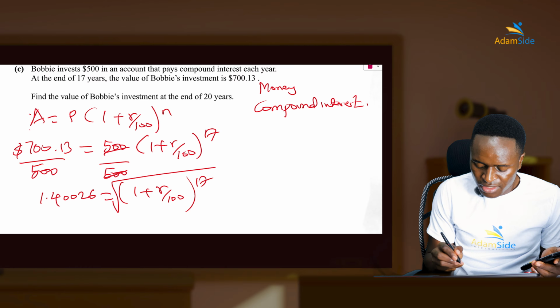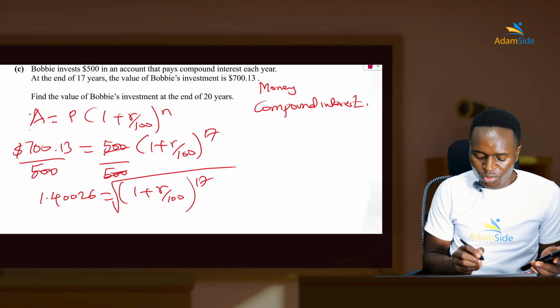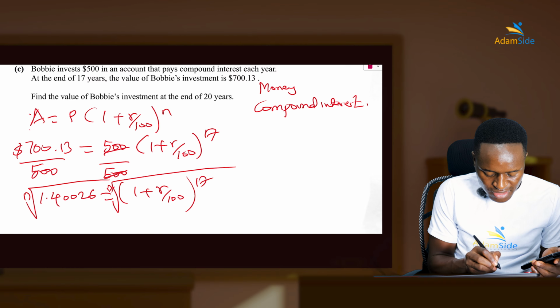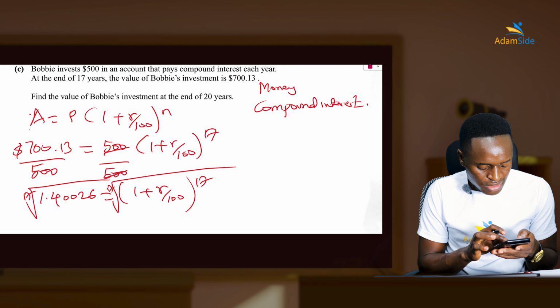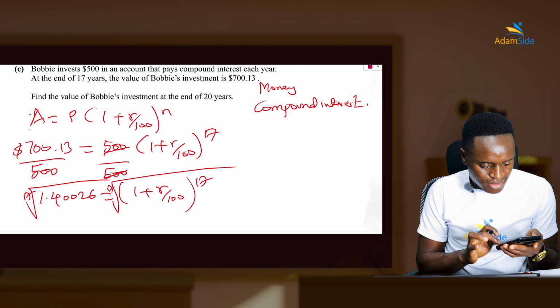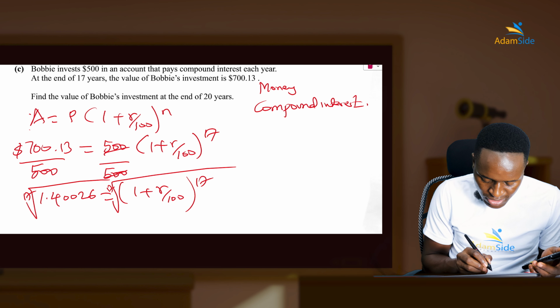Then to get rid of the power, you use 17th root. In your calculator, you say shift, and then you go to where you have the symbol for square root. So you write the 17th, and then you write your answer, what you previously got. You will get your answer as